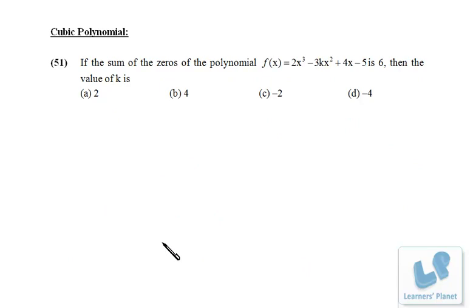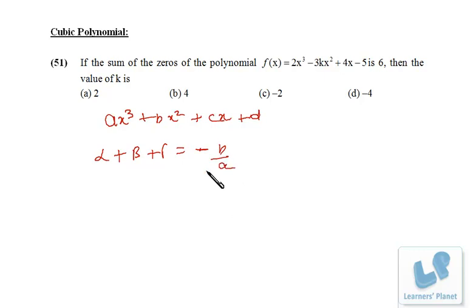Now friends, here we have the problem of cubic polynomial. The standard format of a cubic polynomial is ax cube plus bx square plus cx plus d, right? Here suppose the roots are alpha, beta and gamma. That means alpha plus beta plus gamma will be minus b by a. Alpha beta plus beta gamma plus alpha gamma will be c by a, and alpha beta gamma will be minus d by a. That's the product of the roots, right? So that we have to keep in our mind.